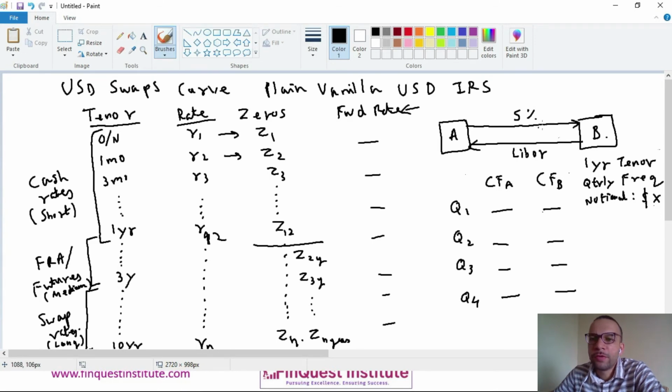So you can use this 5% and look up the notional which you have in your contract, and you have to use this for calculating your cash flow, and you just present value that. Now the present value can be calculated via your zero curve. So the zeros which we calculated right here will be used for calculating your discount factors. So you can have an additional column which says the DCF discount factors, and you can just calculate your DCFs here.